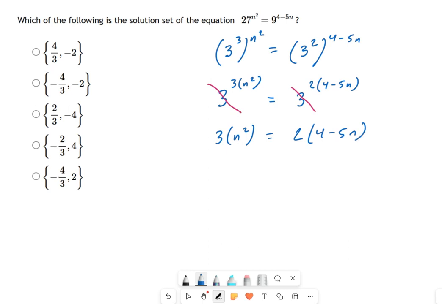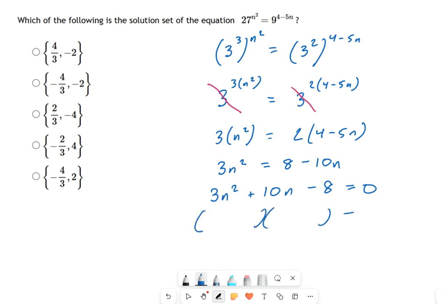Okay, and now this looks like a nice, pretty tame equation. I can just get rid of the parentheses and distribute the multiplication, and I get this. And now I hope you're starting to recognize that this is really just a factoring problem. It looked scary with the exponentials, but it's really just a factoring problem. And if we can just turn this into parentheses times parentheses, then we are basically done with this thing.